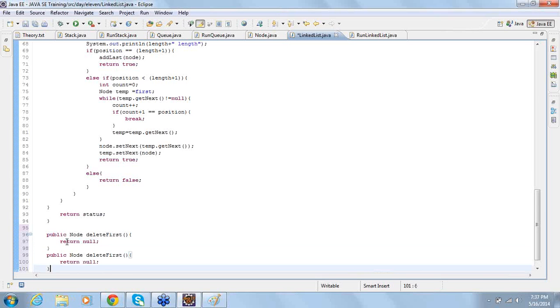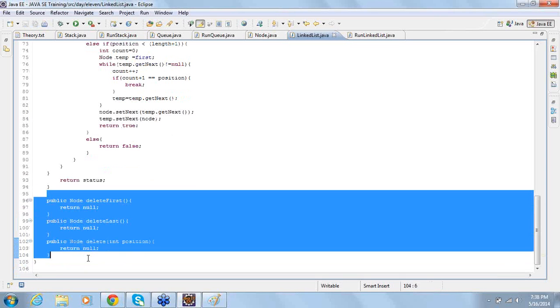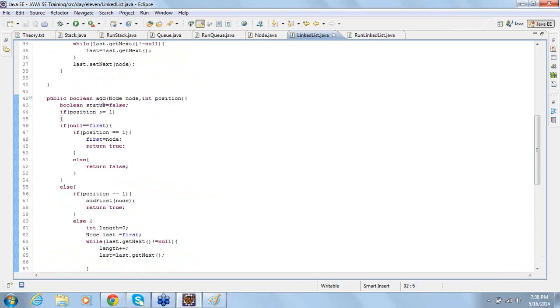Similarly, here we go. Delete last and delete. Delete last. And when you say delete, you will be specifying the position, which element needs to be deleted. So do fill the logic for these three methods and also try to debug what is the problem with the